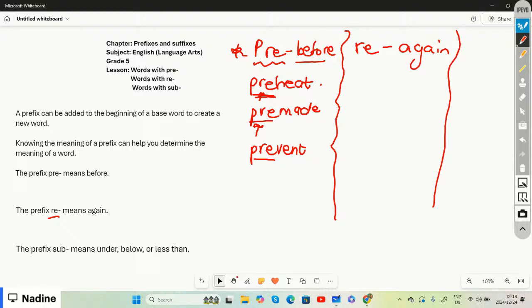And we say that re, it means again. And if we look at a few examples of the word re, remember re means again. So if we were to rewrite something,